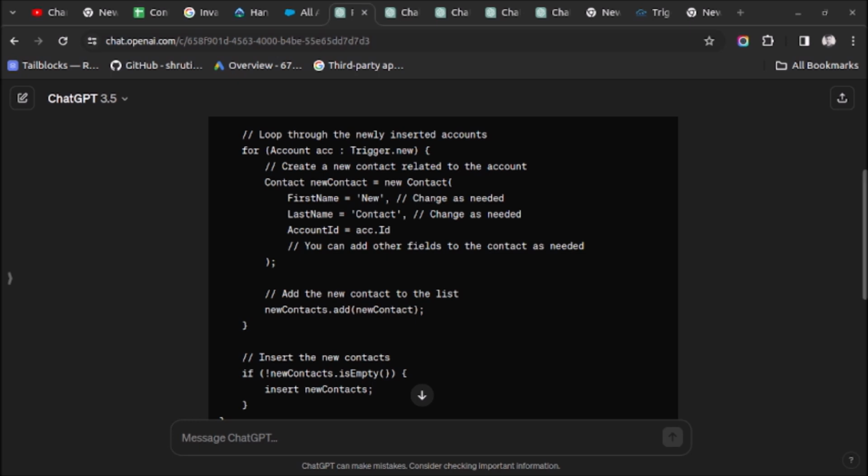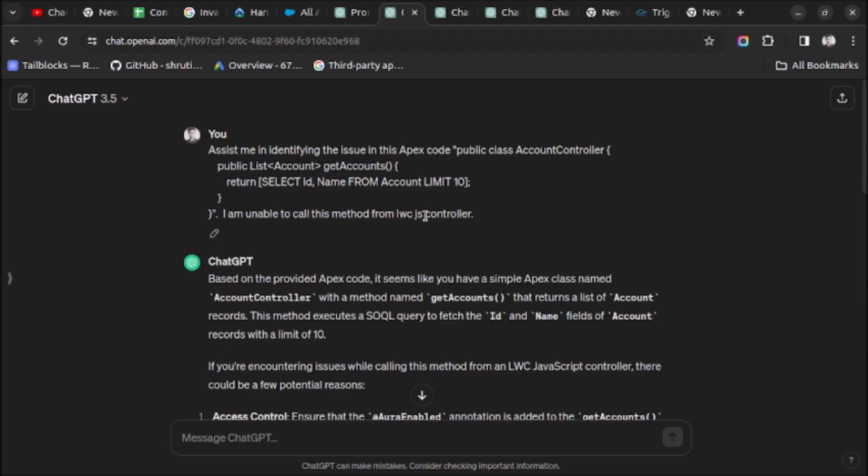Now let's move on to the second prompt, where ChatGPT will help me in finding an issue with my code. As you can see on screen, here I have given some code to ChatGPT, and I am unable to call this method into the LWC JavaScript controller. So this is the question which I asked ChatGPT, and here